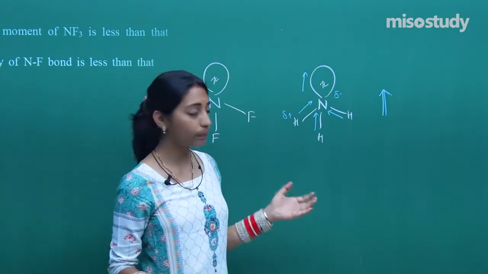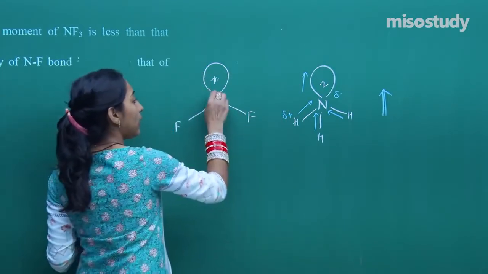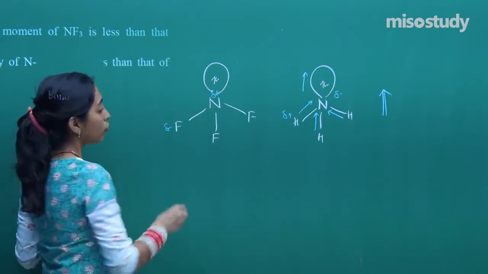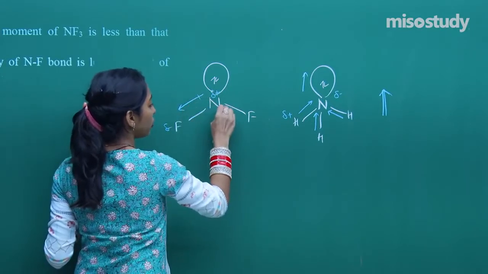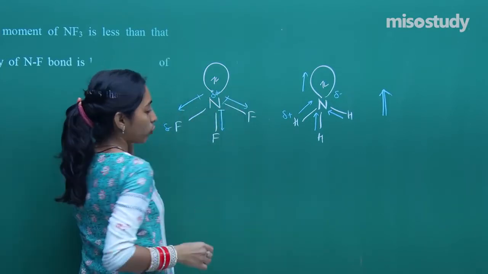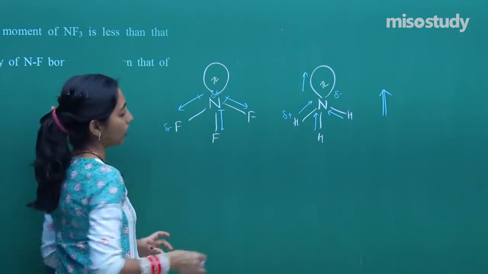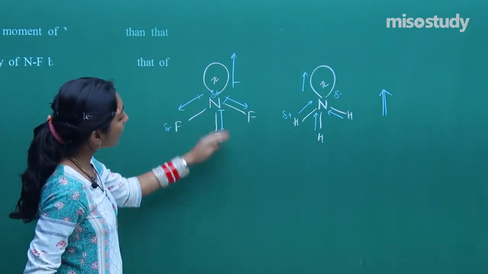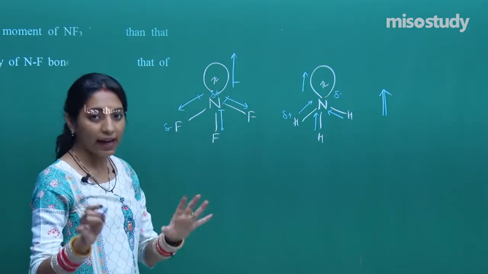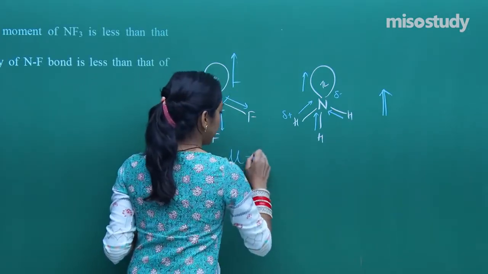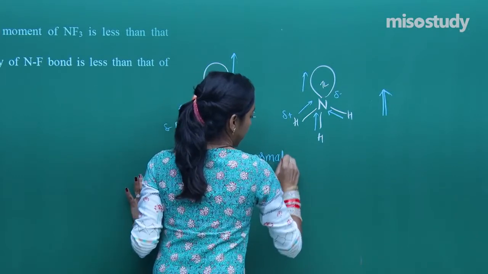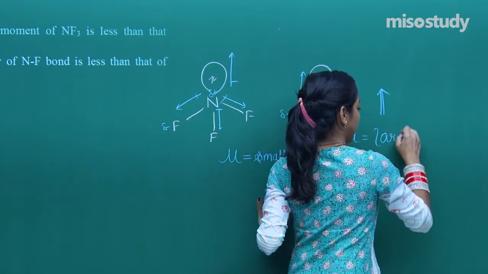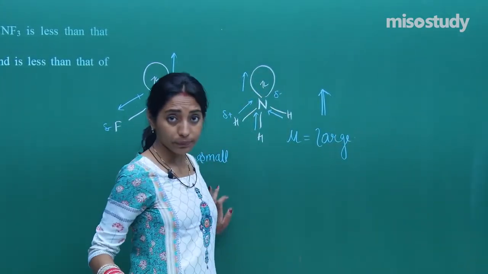in upward direction. For NF3, now nitrogen is delta plus and fluorine is delta minus. So the dipole moment will be from nitrogen to fluorine. So 3 dipoles are in the downward direction and for lone pair it goes in the upward direction. So see, 3 are there in downward, 1 is there in upward. So they will get cancelled. So mu will be a small value. Whereas here mu was the addition, so it was going to be a large value, right?